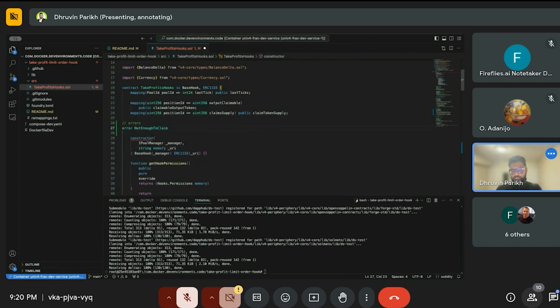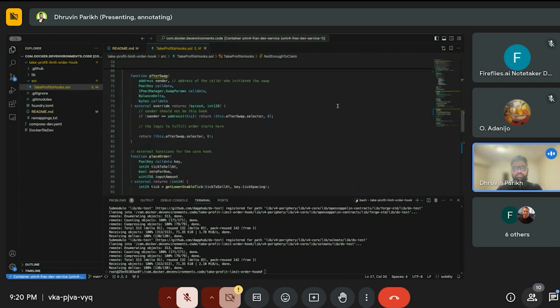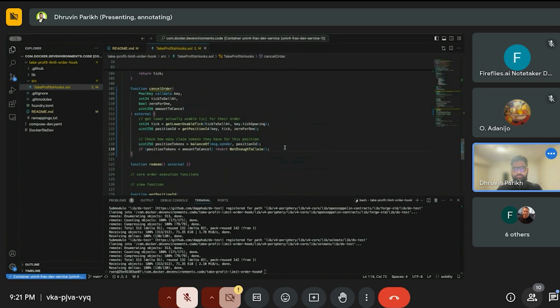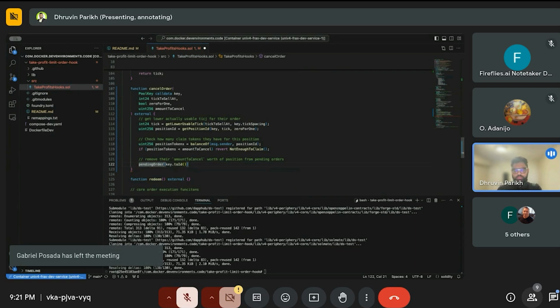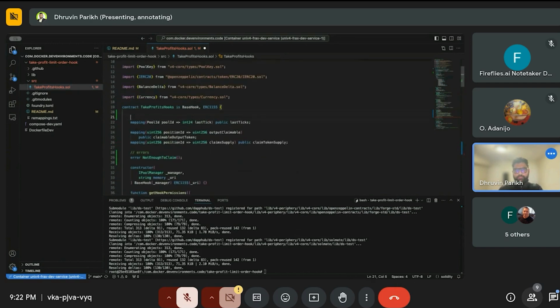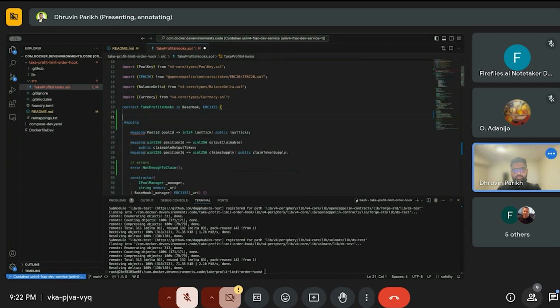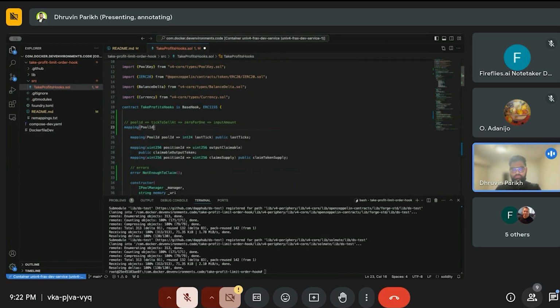So this is a custom error, which is available in Solidity now. All right. Amount to cancel worth of tokens from the position. So here's key dot pending. Let's create a mapping of pending orders. So this pending order for the pool is tick, then tell it what the direction is. So it's going to be 0 for 1, and then the amount. Okay, so the way it looks like is ID,